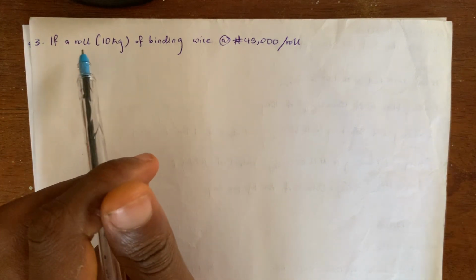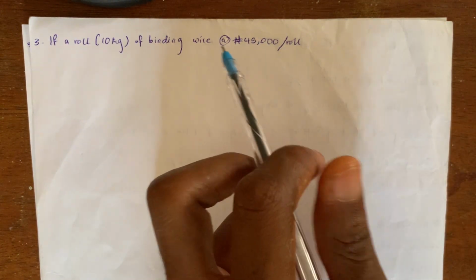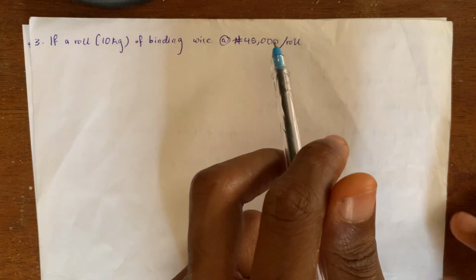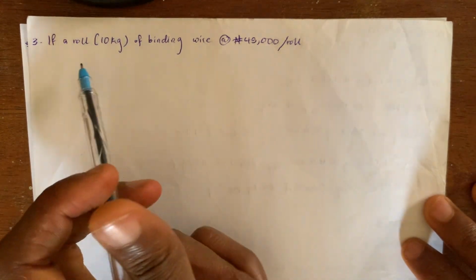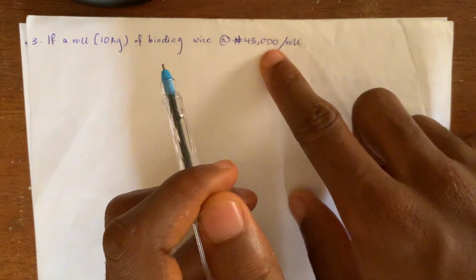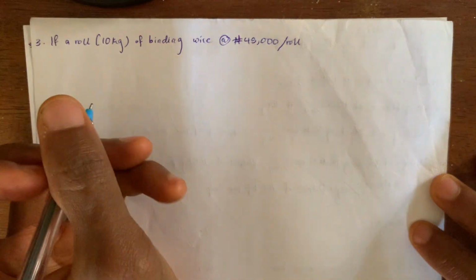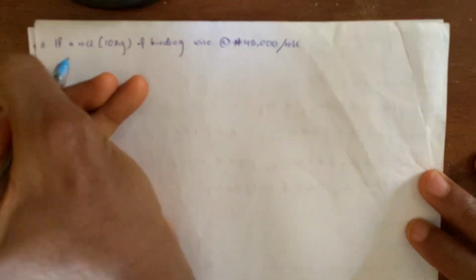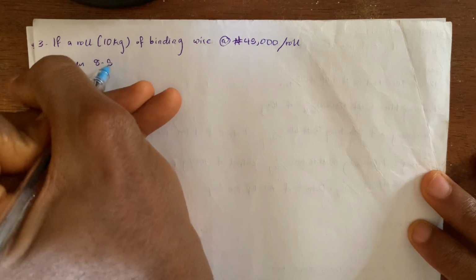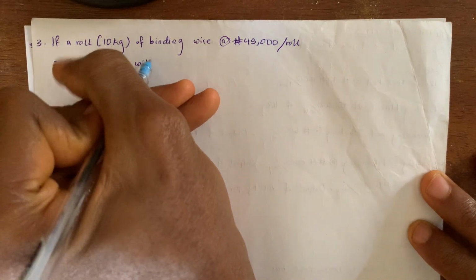10 kg. So if a roll is 45,000 naira, we can also say 10 kg of binding wire is 45,000 naira. So we'll now do a simple mathematics here. If 10 kg of binding wire is equal to 45,000 naira, then what will 8.8 kg of binding wire be? So we can now say, then 8.8 kg of binding wire will cost